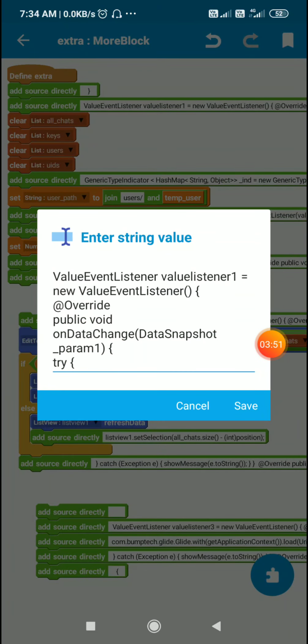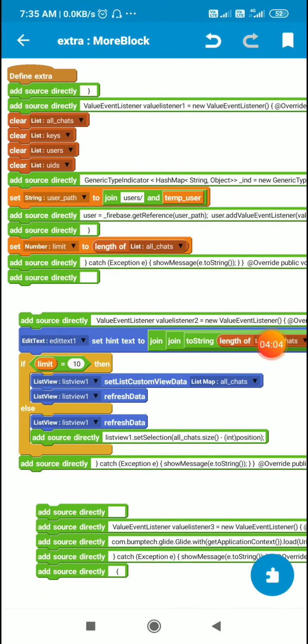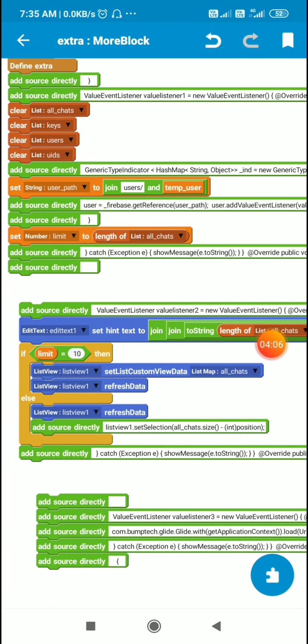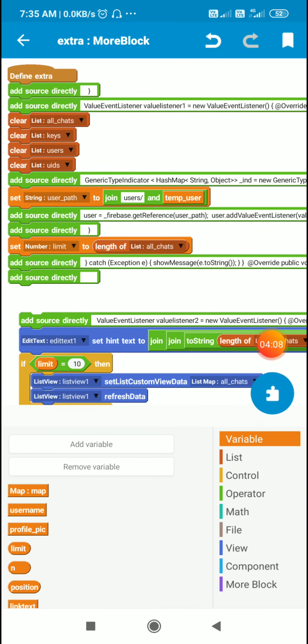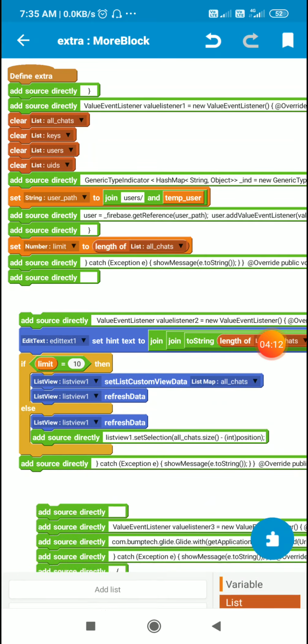So if I see the value listener 1, in value listener 1 I have this method on data change data snapshot param 1, and here I use try catch exception code. Inside this try I clear all chats, keys, users and uids. I clear all these lists.